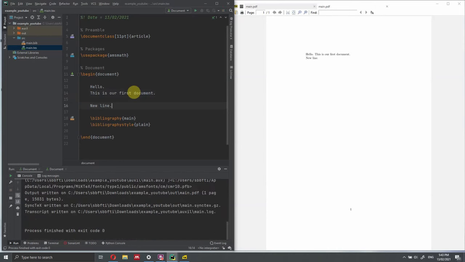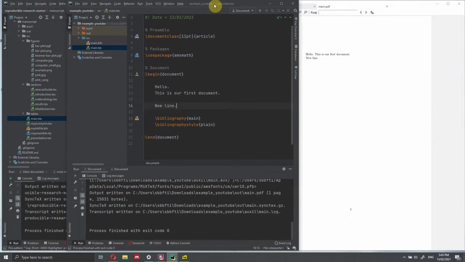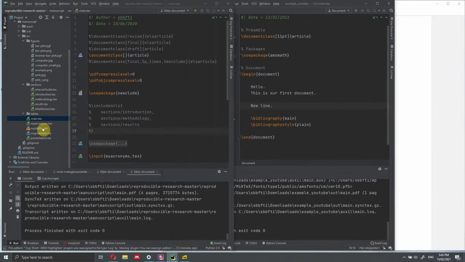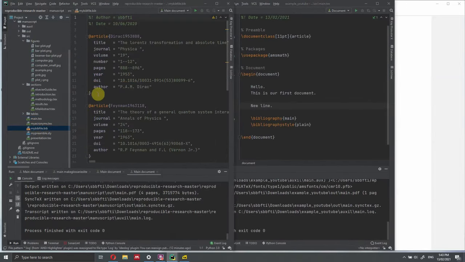I just want to show you how to work with TeXiFy and PyCharm. So everything is working fine. Now I just want to show you quickly how to add citation and bibliography. So let's go over this project here that we were working on before, and let's copy this entry,